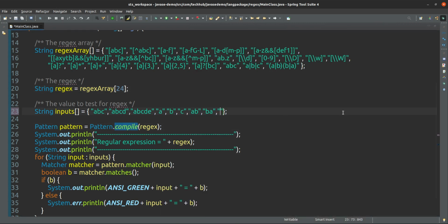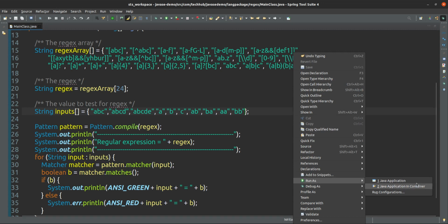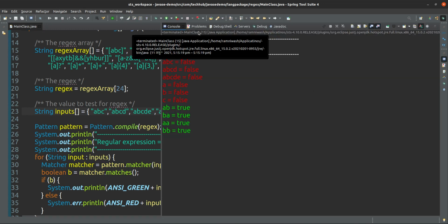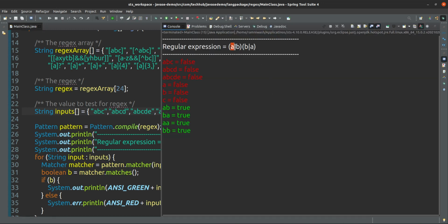Suppose AA, yes, or BB, that is also fine, because from this group you can give either A or B, and from this group you can give either A or B. I can take A from here, A from here, or B from here, B from here, or A from here, B from here, or B from here, A from here.